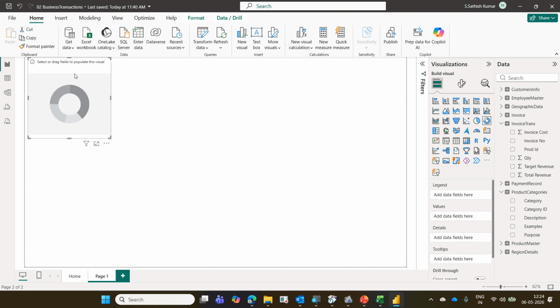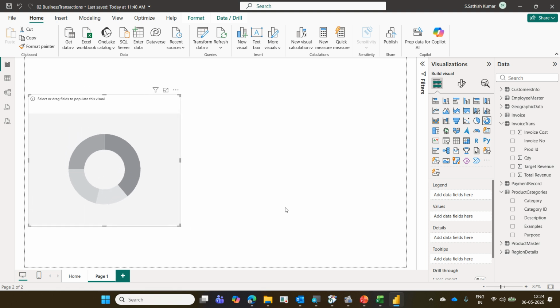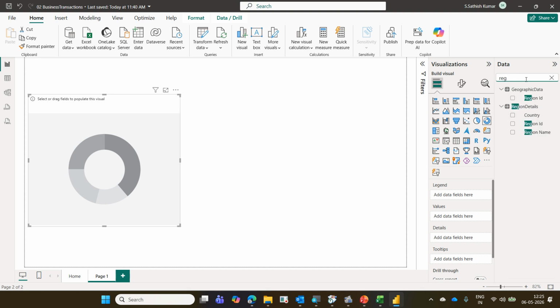Region name wise. Let me go to the search box and type region name. Bring the region name to the legend area. Whenever you see values which you want to summarize, some average, count, whatever, that has to come in the value area.